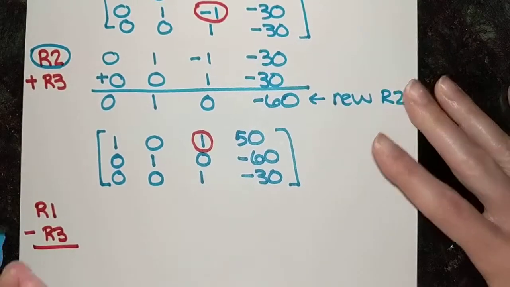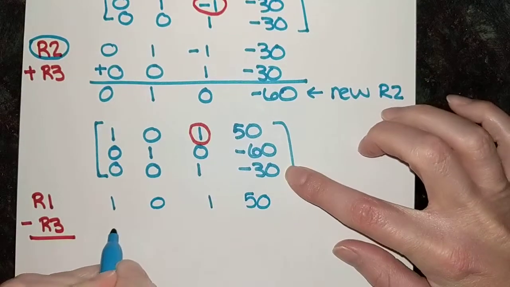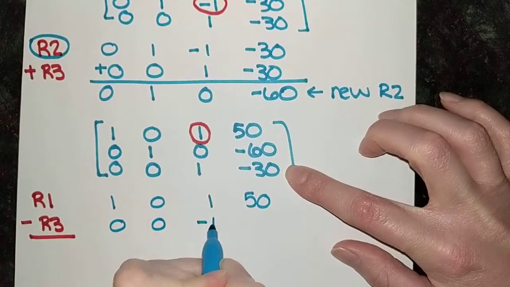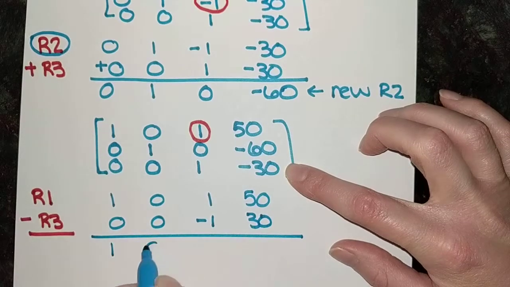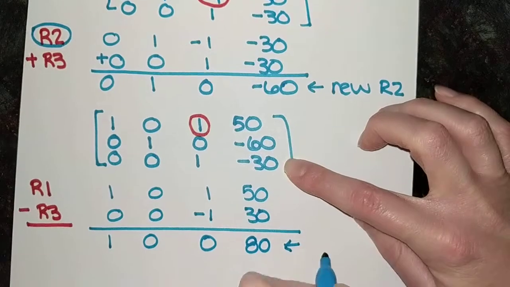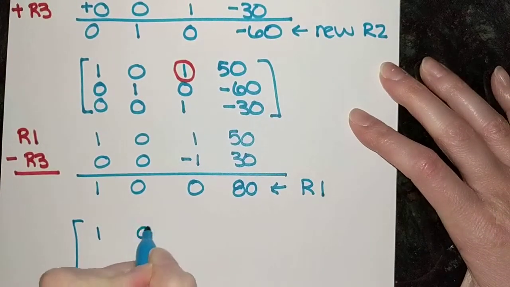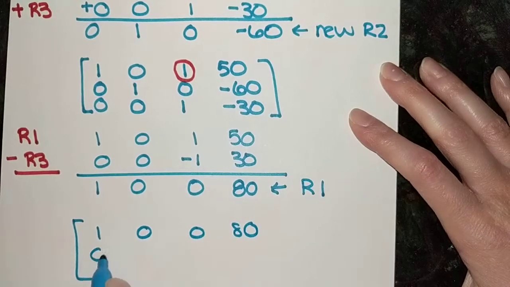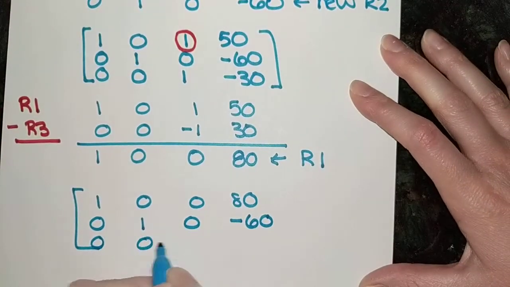So you'll have row 1, 1, 0, 1, 50, and then subtract row 3, so -1, +30. That gives us 1, 0, 0, and then 80 as our new row 1. So we'll have 1, 0, 0, 80, 0, 1, 0, -60, 0, 0, 1,